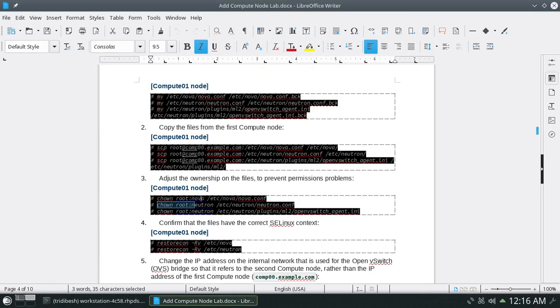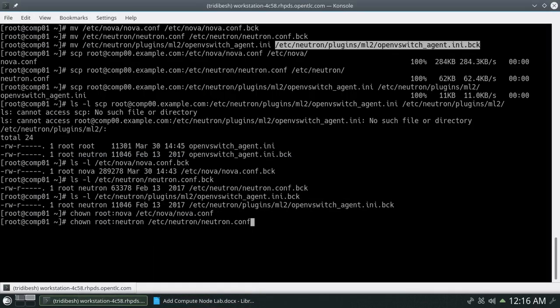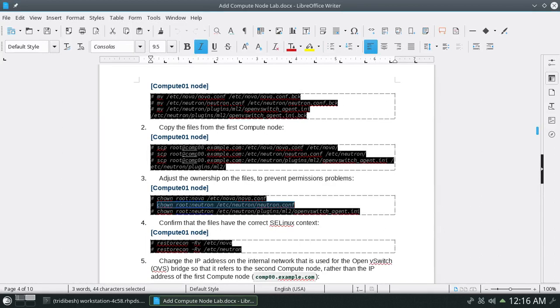Let's do it for Neutron, and then for Open vSwitch.